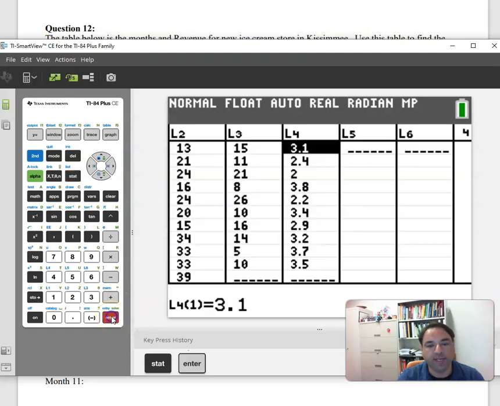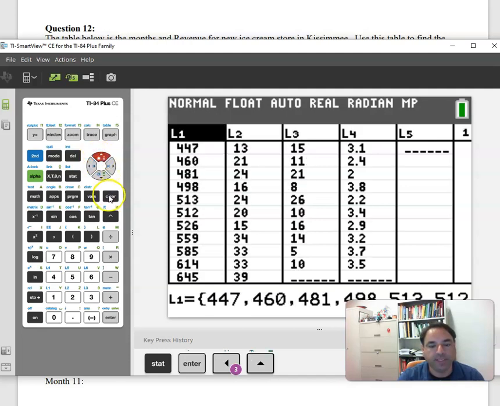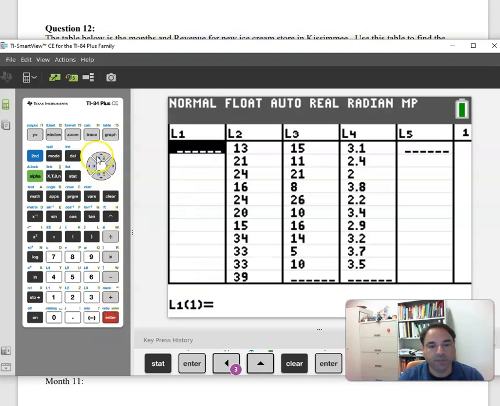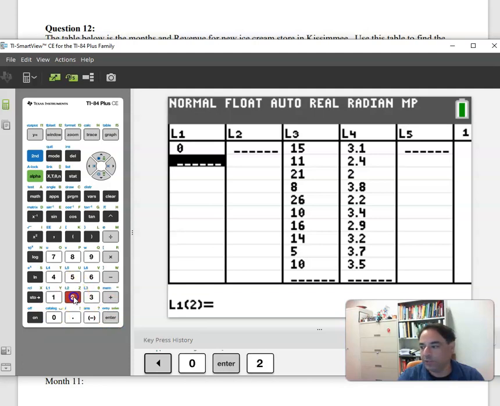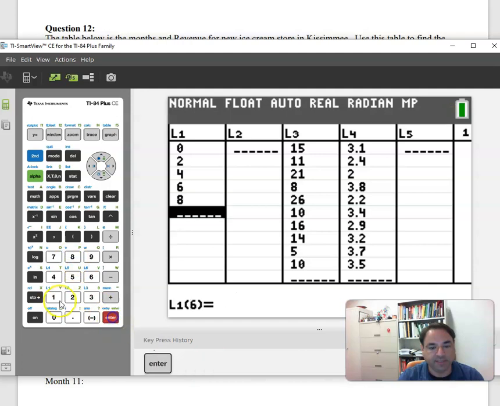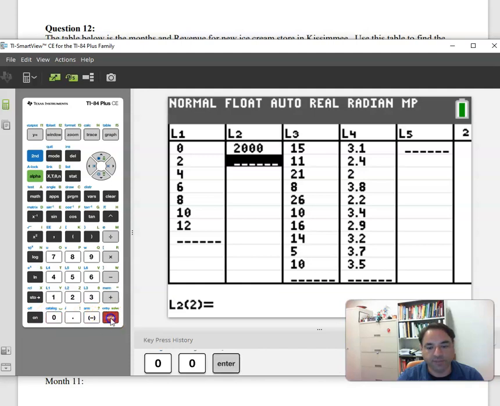So we're going to go to our calculator, and go to stat, number one for edit, and I'm going to put that data in list 1 and list 2. So I'm going to go to the top of list 1, hit clear, enter, go to the top of list 2, hit clear, enter, and put in those numbers. Our input is months, so that would be 0, 2, 4, 6, 8, 10, 12, and then in L2, I'm going to put the revenue,